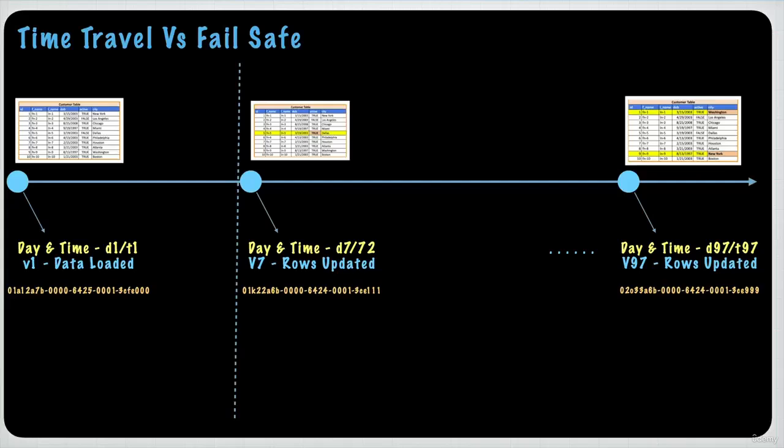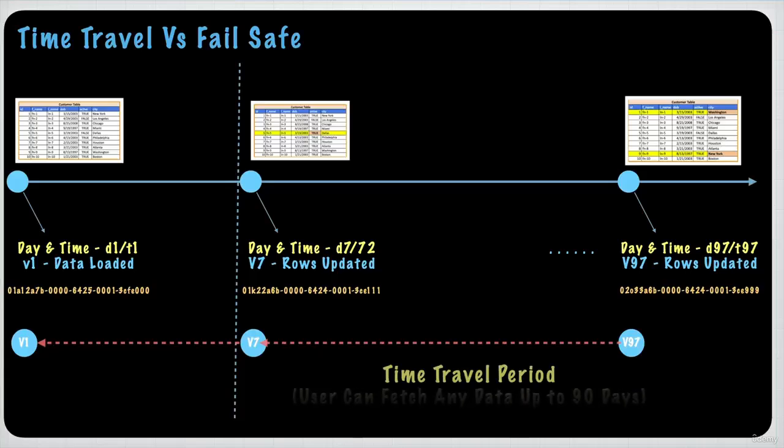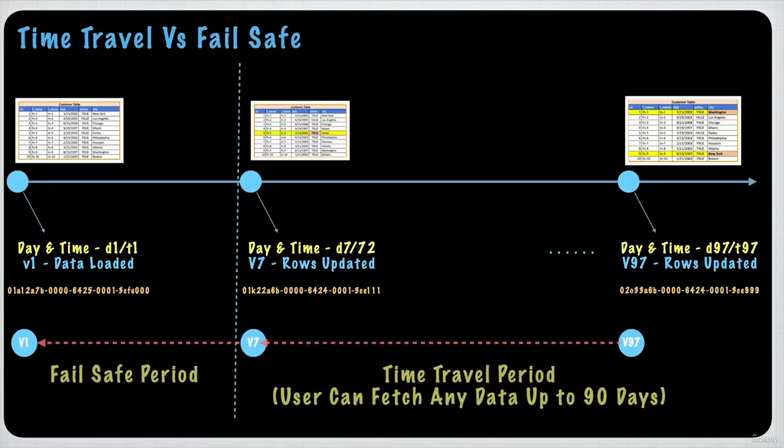Each of these versions has a query ID, so we can always access this data through the extended SQL for this table. Assume that we have given the time travel value as 90 days. A Snowflake user can access the data for this period. And once this period is over, the data goes to the fail-safe storage layer, which is fixed at 7 days for a permanent table and 0 days for transient and temporary tables. If you have to extract data from the fail-safe storage layer, you have to contact the Snowflake support team, and there is no way that you can use extended SQL or any other mechanism to extract it.